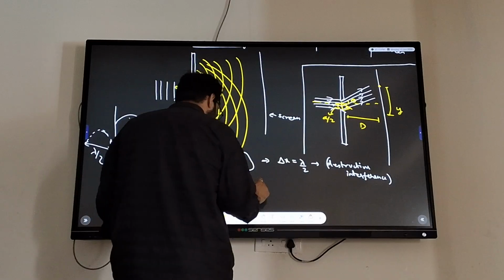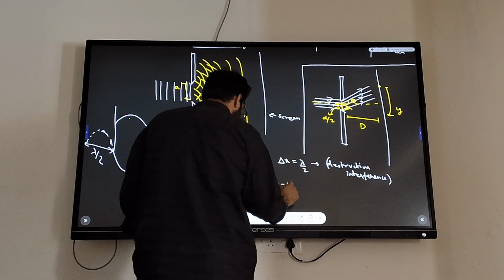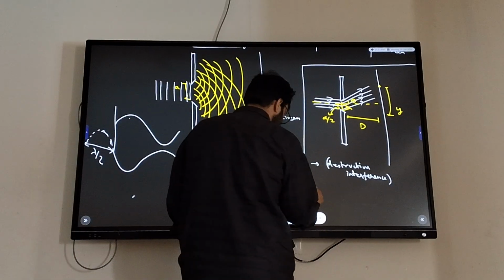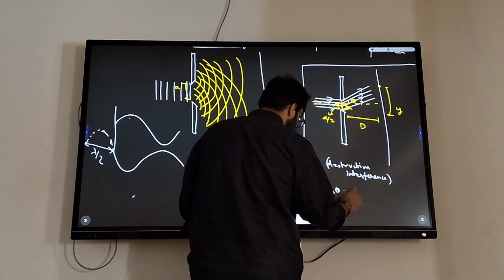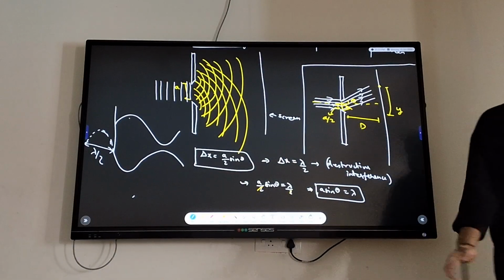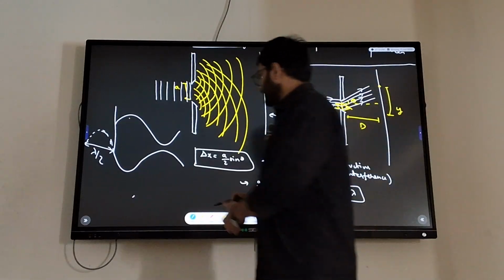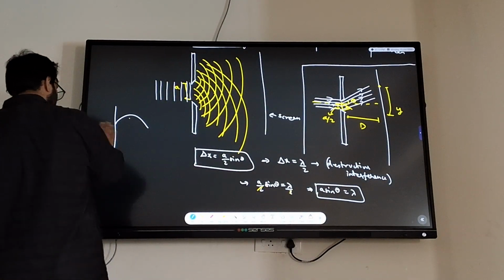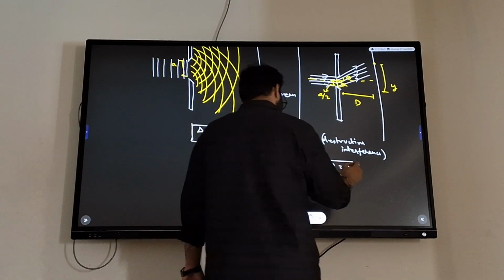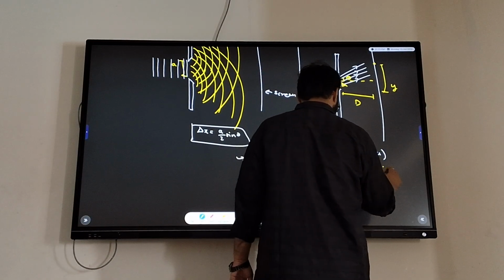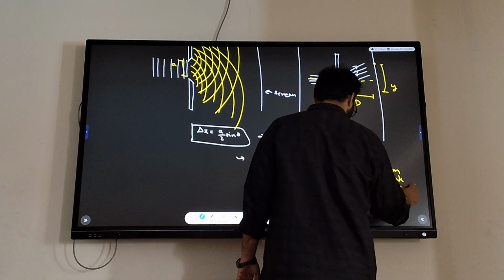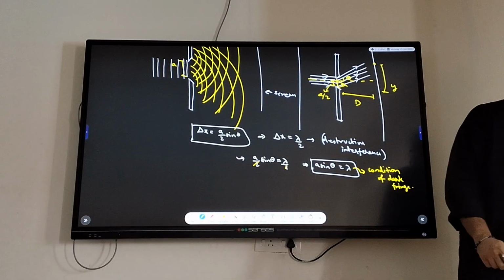So if I take a by 2 is equal to a by 2 sine theta as lambda by 2, that's basically writing a by 2 this, then you will get a sine theta is equal to lambda. Now it's very interesting, this is the condition of dark fringe, by the way. So I'm erasing this. This is the condition of dark fringe. If you actually look at it very carefully,